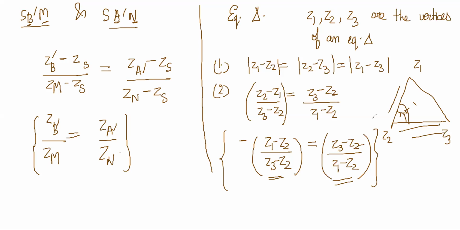Basically they're saying that the sides are equal and the angles are also equal. But if the sides are equal, then the angles automatically become equal. Two sides being equal doesn't mean the included angle is equal. All three are equal, so all three sides are equal. So condition 1 is saying that all three sides are equal. Condition 1 you cannot use here.